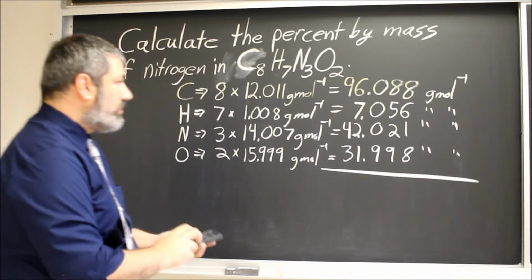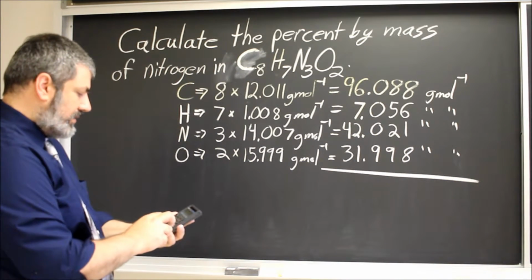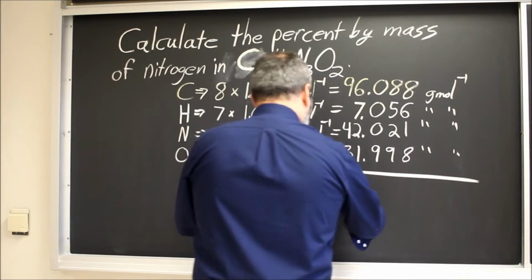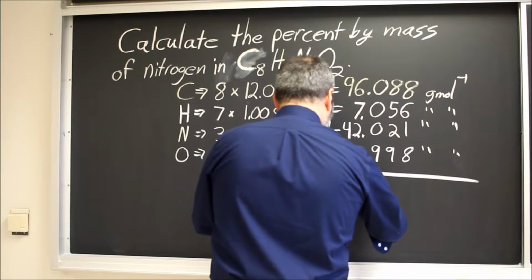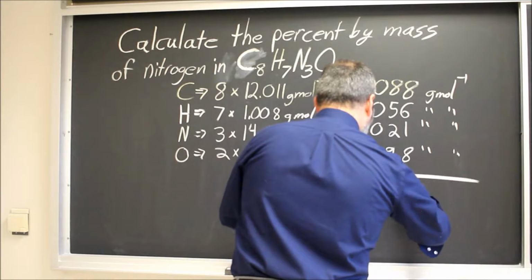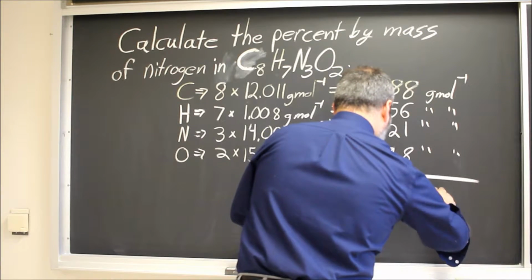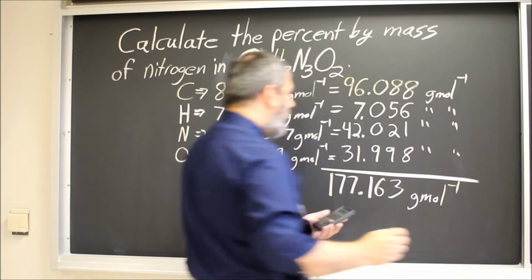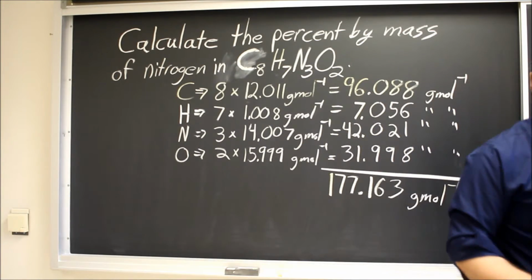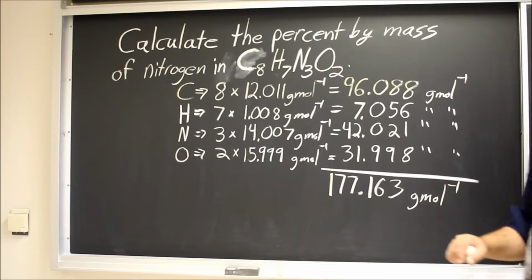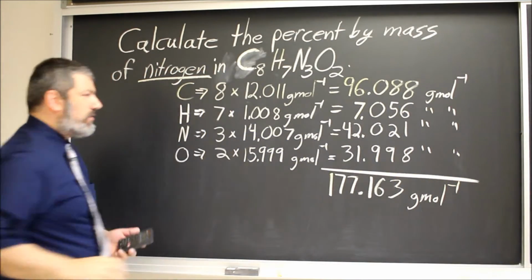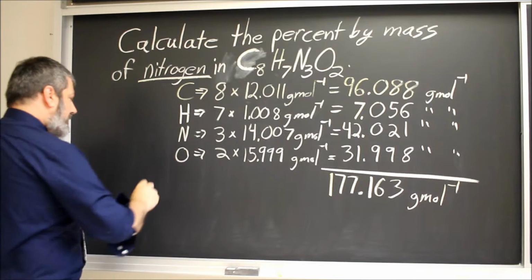So now we add all these numbers up to get our total molar mass. So this gives me 177.163 grams per mole. So that's my total molar mass for this compound. We want the percent by mass of nitrogen. So percent by mass